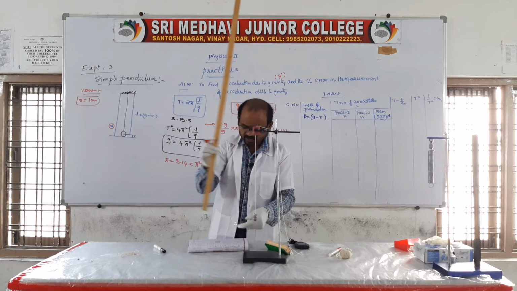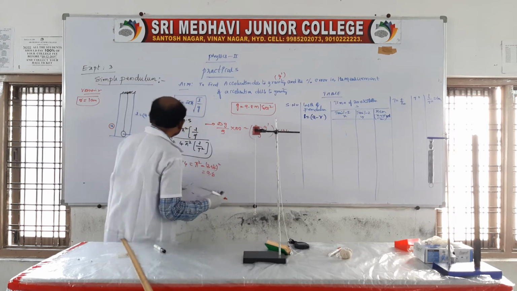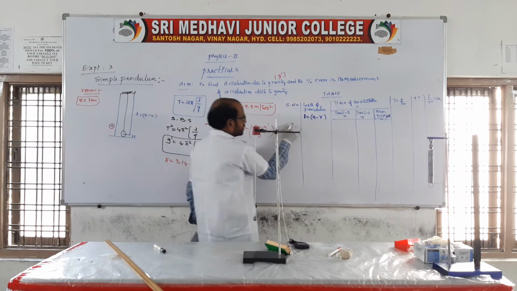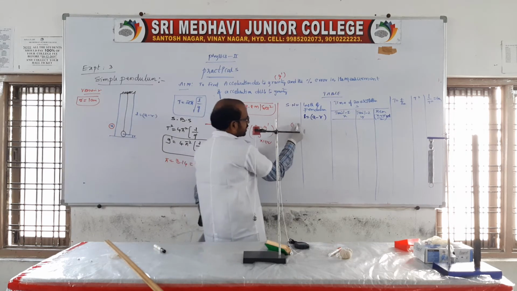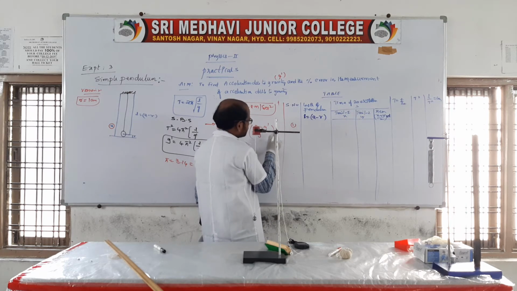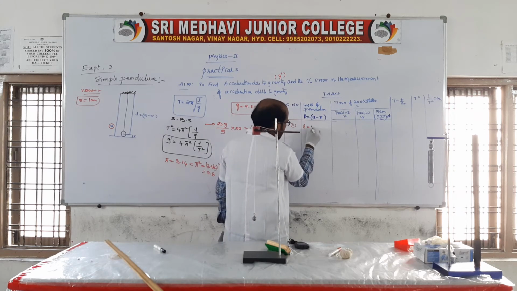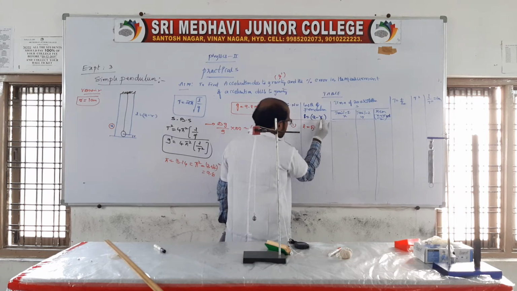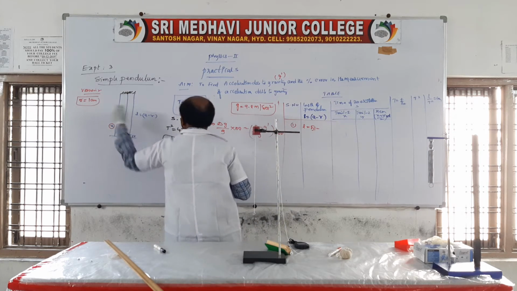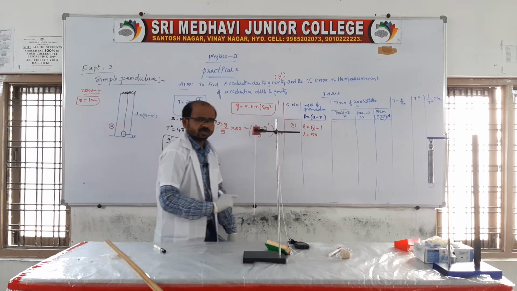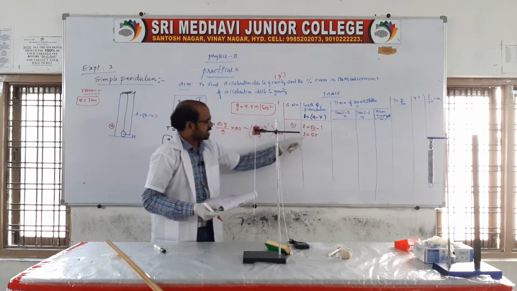The first time I am taking 51 here, therefore serial number 1, you write. That is about the length we are taking. So L is equal to 51 I am taking. The radius of the bob is how much? You say it is 1. Every time you need to subtract the 1 value. Now we know the length of the pendulum.